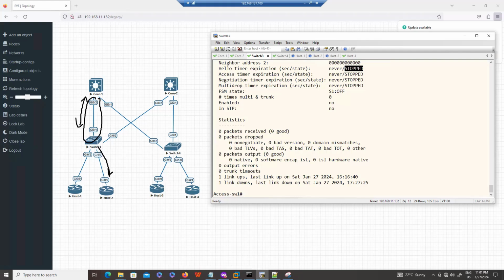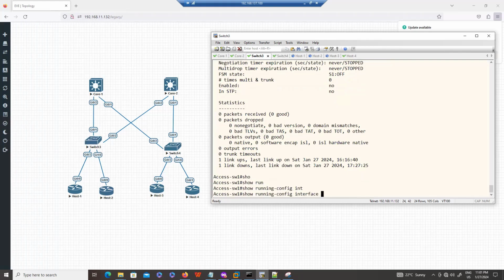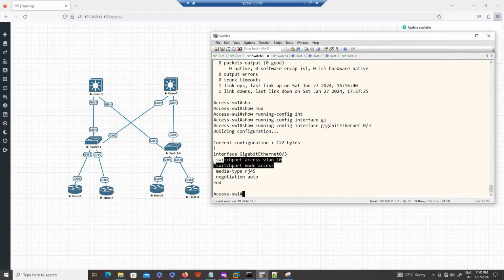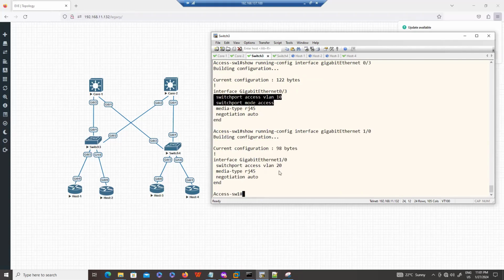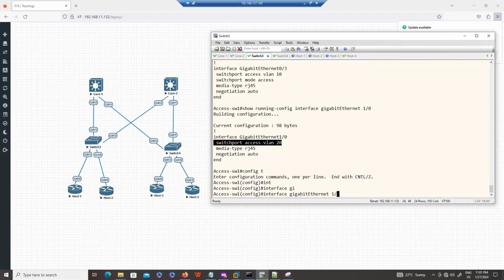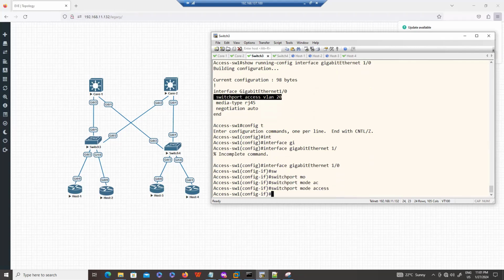So the point is, guys, on the access port, the port which is going to the end machine, normally we use these two commands. One is switchport mode access and the other is assigning the VLAN. So in this case, if you see, we have 2 access ports. One is this, where we configured 2 commands, and one is this, where we have configured only 1 command. So now let's configure interface gigabit 1/0/0. The other command to disable DTP, switchport mode access.